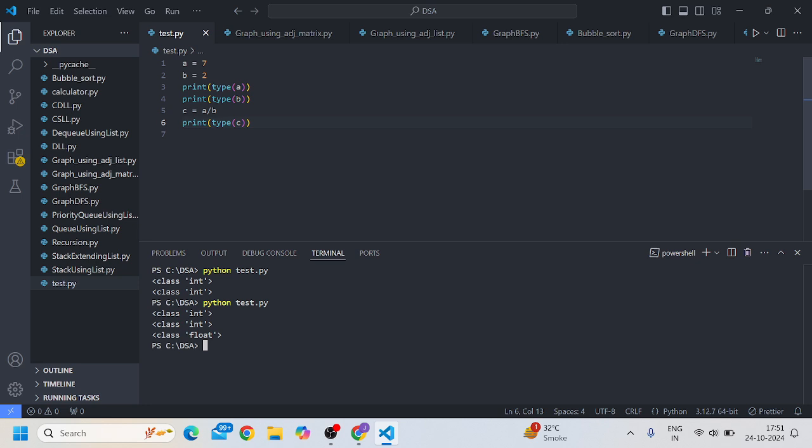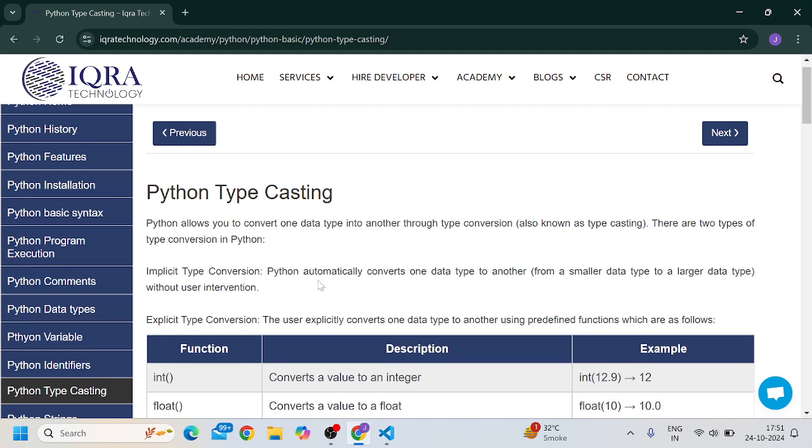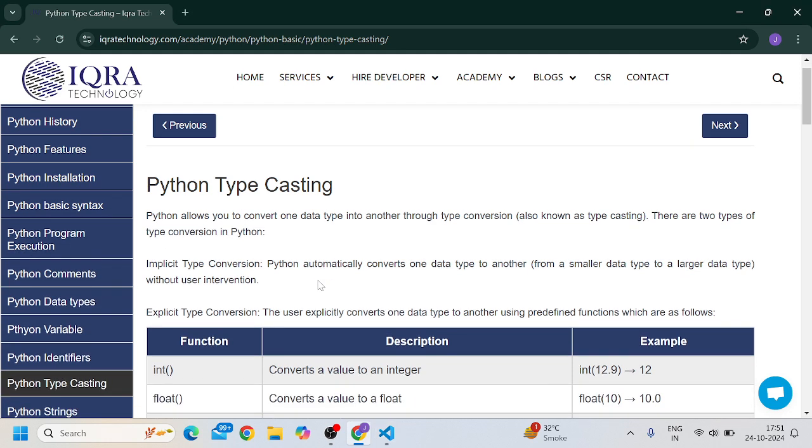We are not stating anywhere to change the data type to float. The interpreter is changing the data type to float as per the requirement. So this is what implicit typecasting is. Now let us understand explicit type conversion. Here the user, or we, convert the data type of a variable by ourselves